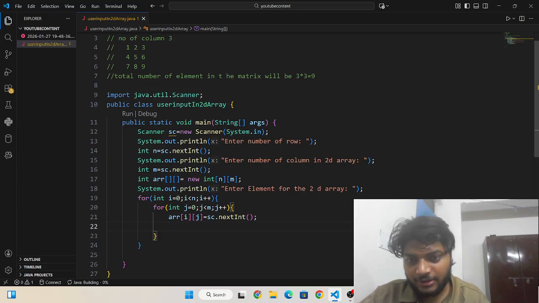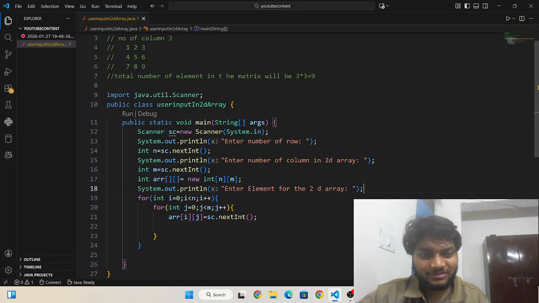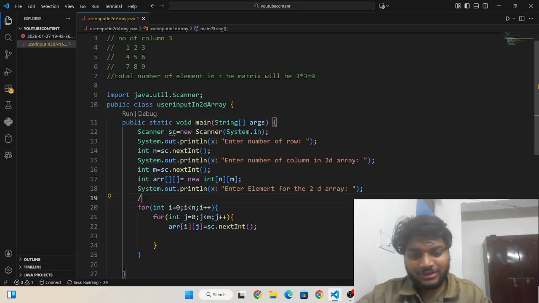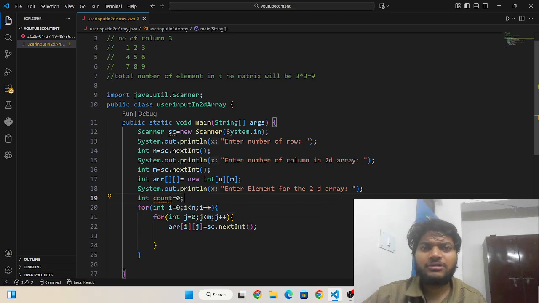Here I also want to calculate the number of elements, so I have to declare another variable, int count. I'm going to count the elements from start to end.